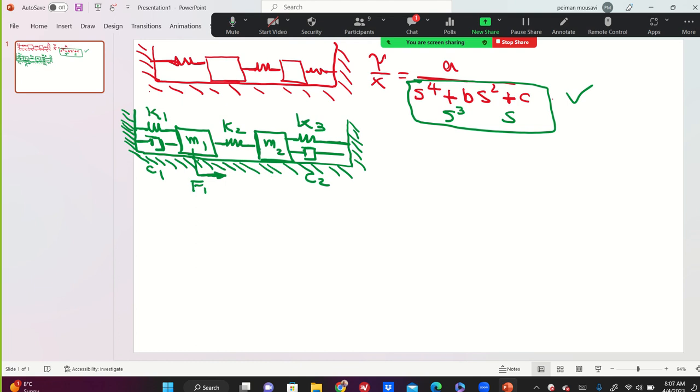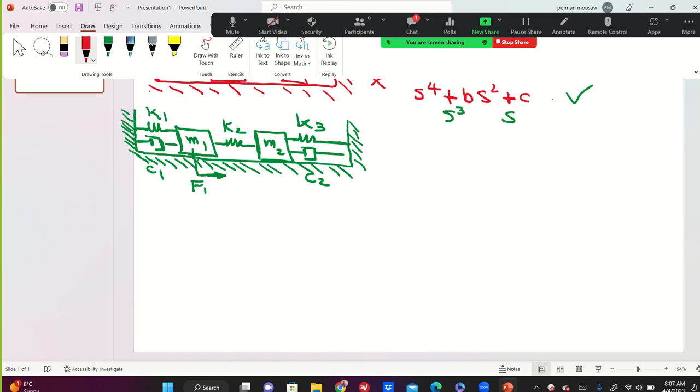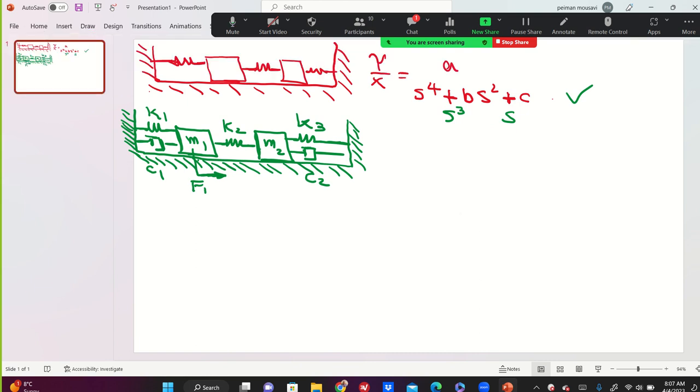I want to just compare the denominators. This is a fourth order system. Denominator, fourth order system, right? So again, here is x1, obviously, and here is x2. The sum of the forces from the dynamic course is m x double dot, Newton's second law. So what you're going to have,